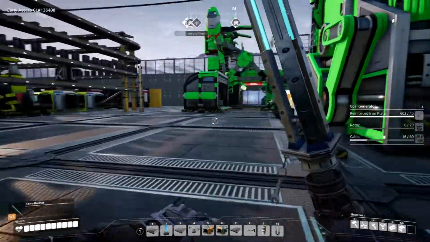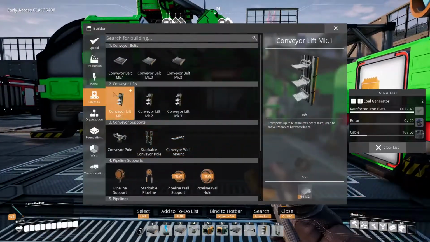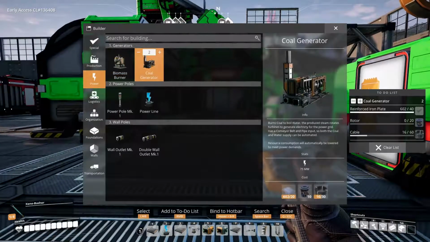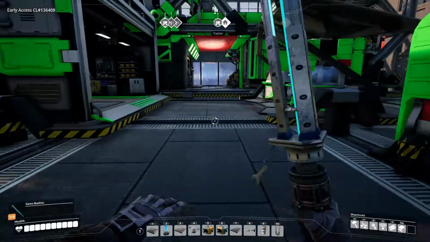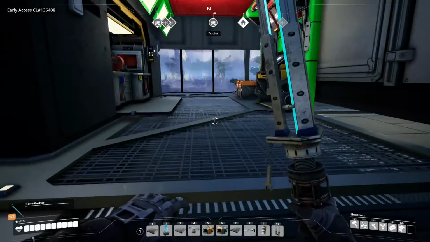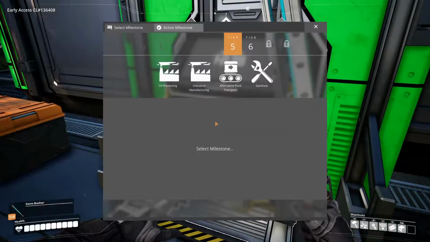Not planned out perfectly as I'd like. Right, let's sort this out. Coal generator. Move them for now. We don't want to see those. We want to configure our